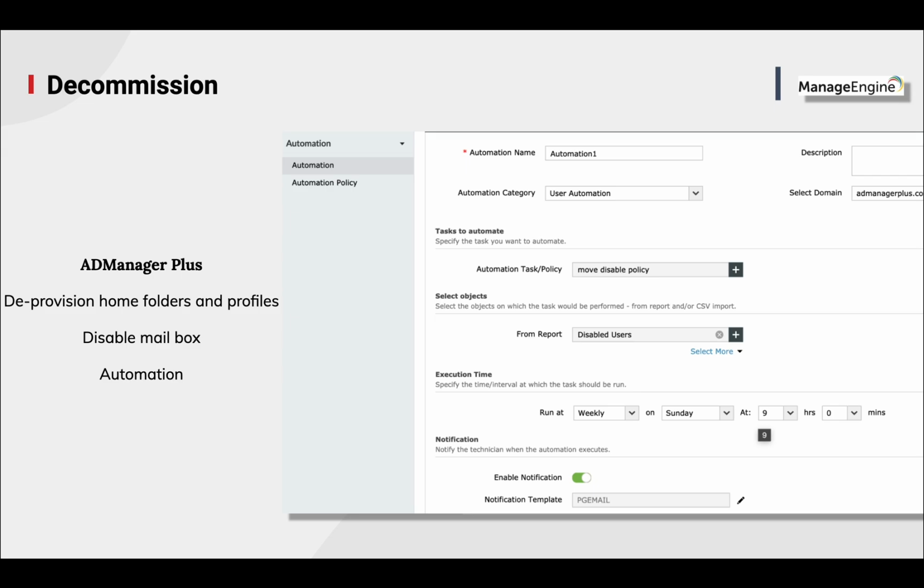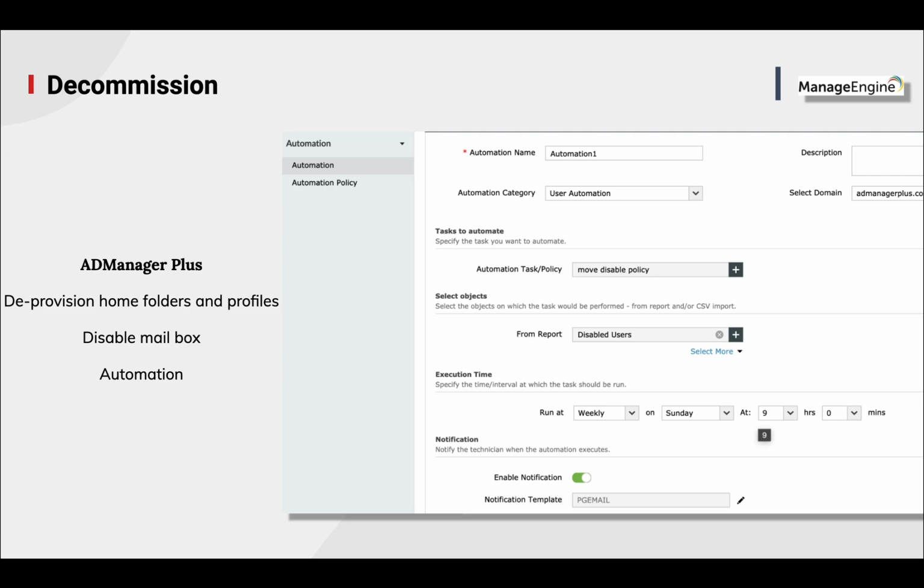So there are different processes in decommissioning a user or a service provider from your infrastructure. An IT administrator going through one by one for various users and service providers, it's a tedious task.